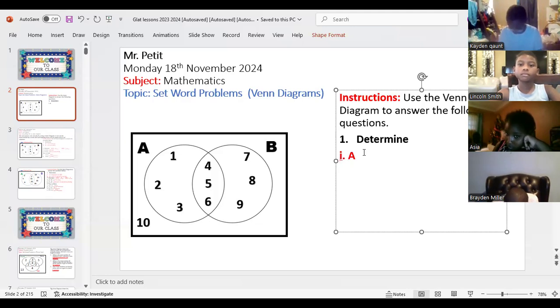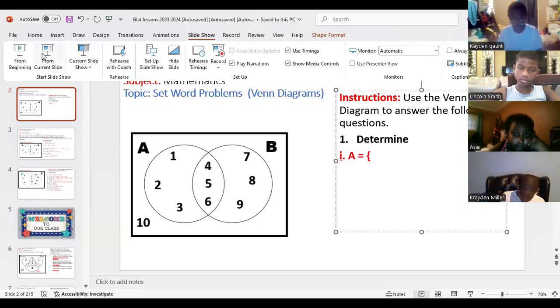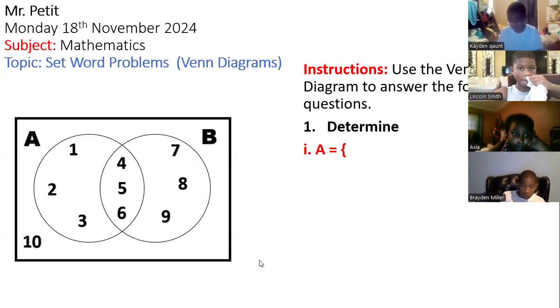What are the elements in set A? That's what we're trying to figure out. Now we use curly brackets for sets. And so when we say that we want set A, what we're saying is